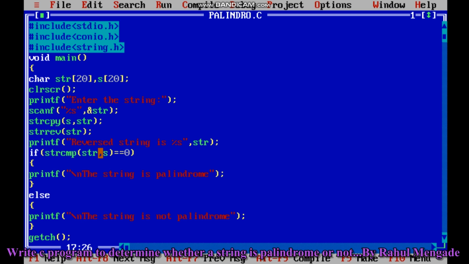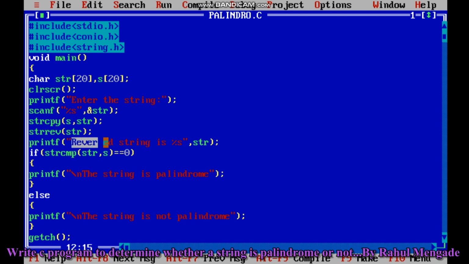For example, if we put mom in str, then that str is copied to s, that means mom is copied to s, then both s and str consist of the word mom. Then reverse the string. If we reverse the word mom, then it is the same, that is mom.